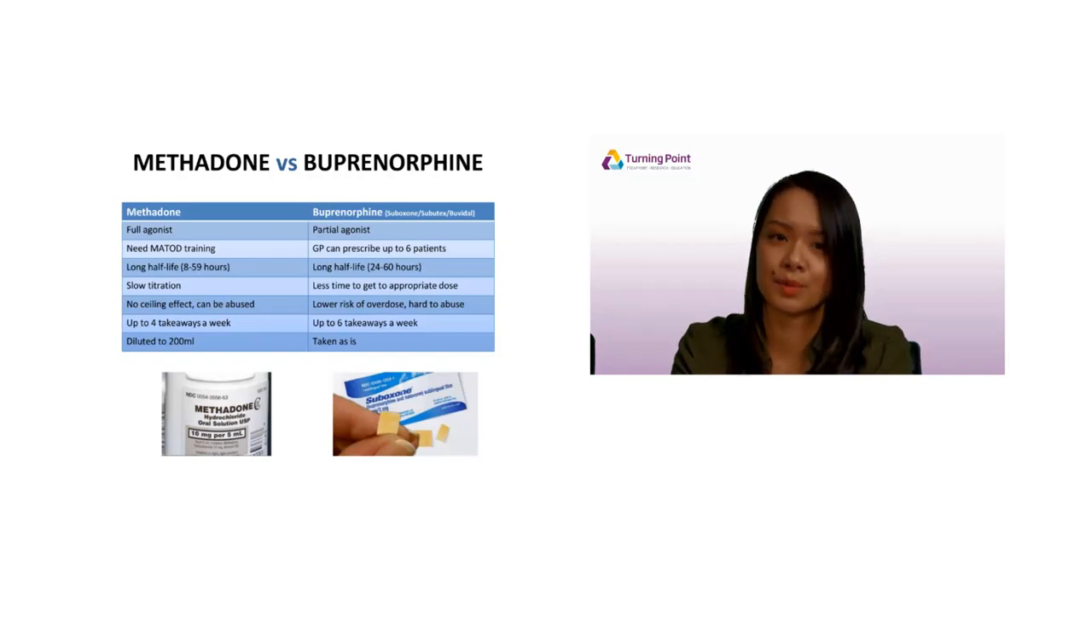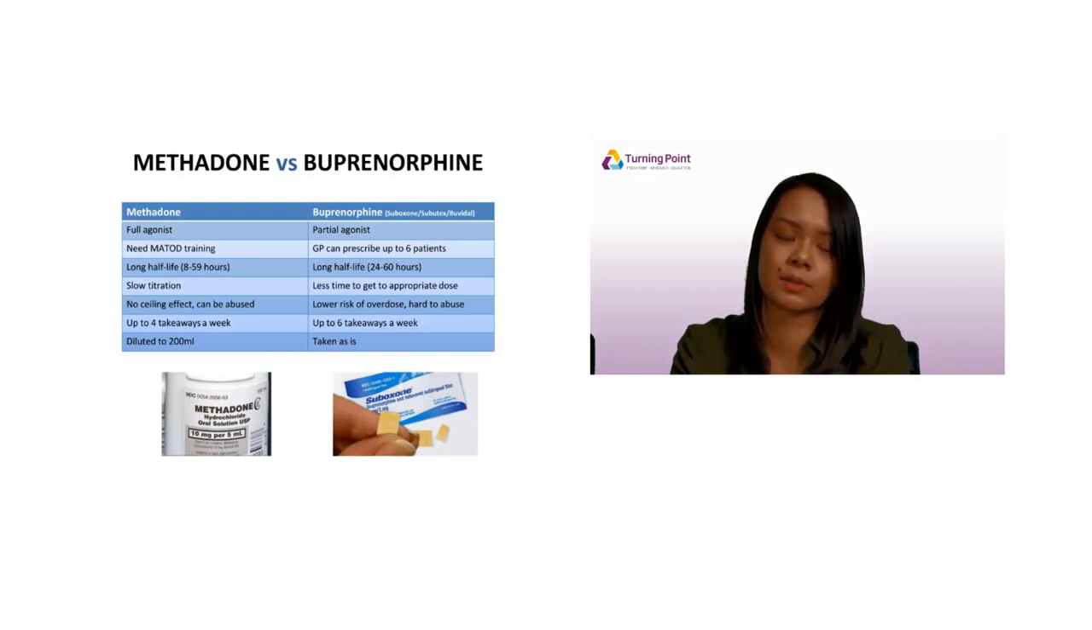Briefly comparing how buprenorphine works. It's a partial agonist at that opioid mu receptor, but it's got what we call high affinity, so it will bind to that receptor very well. GPs can prescribe up to 6 patients without any specific training, so access to buprenorphine has been easier in that respect. It's also got a long half-life of 24 to 60 hours, and it has less time to get to